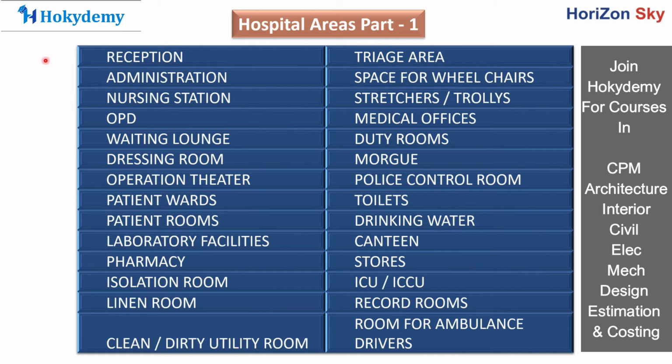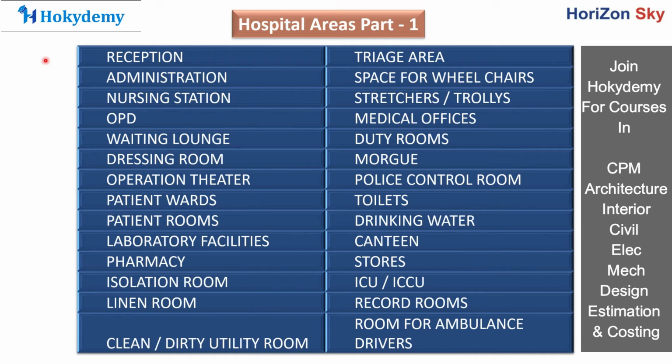So generally what hospitals do is that they design the linen room in such a way that it stores 1 week worth of material or clothes, and another entire storage area is dedicated for the storage of a monthly need of all these clothes. So for day-to-day basis, we'll have a small linen room, and then we'll have a big storage room for the same things. Okay. Then we have the clean and dirty utility room.